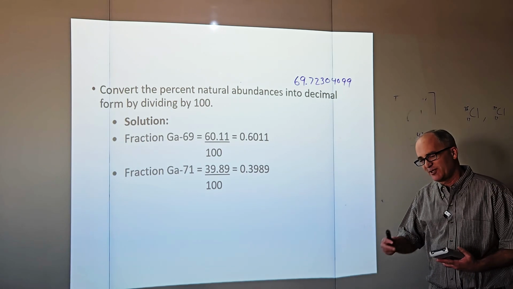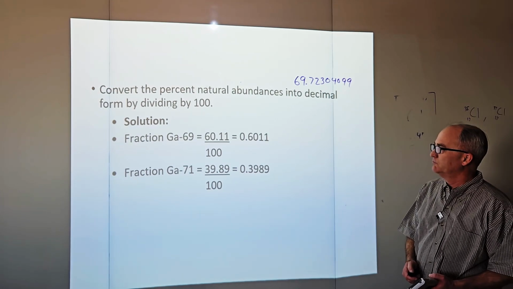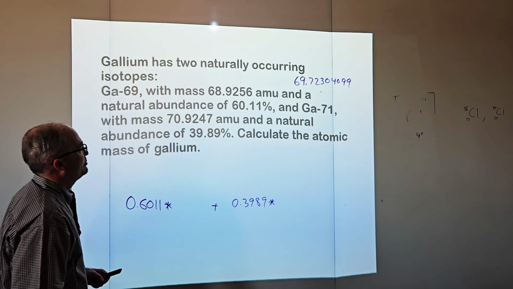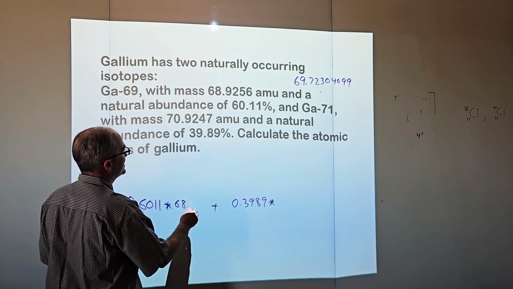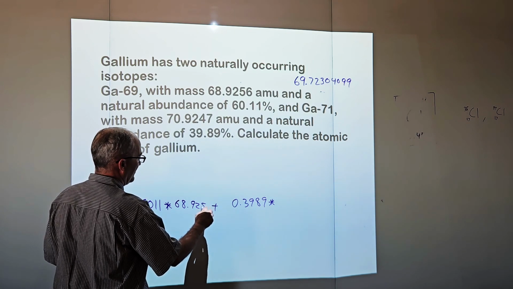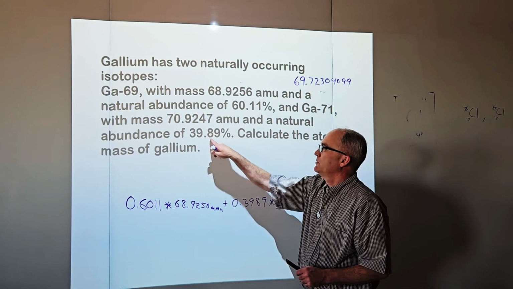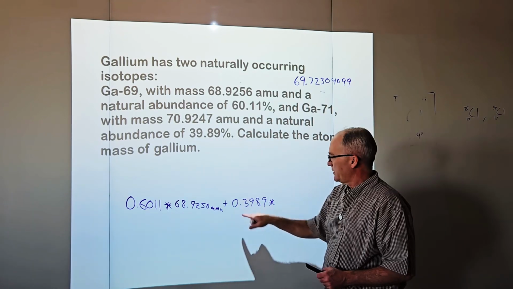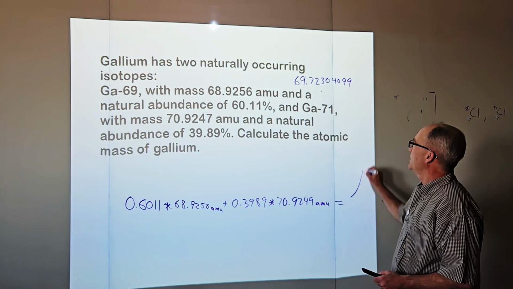So this is a step-by-step description of what goes on. Here's my 60.11%. I'm going to find 60.11% of 68.9256 AMUs. And here's my 39.89%. Divide that by 100, you get this fraction, and I'm going to multiply this by